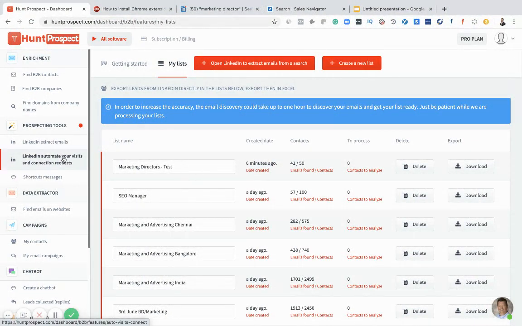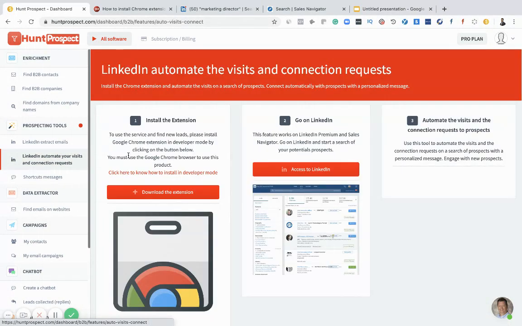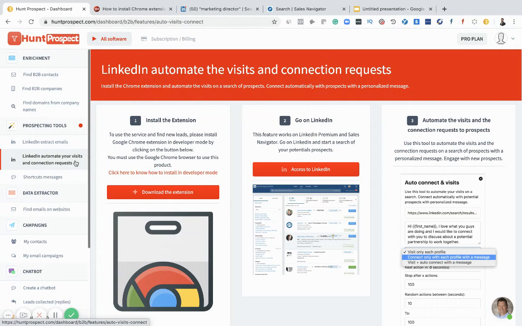So what I also see from this is, you can also automate your visits and connection requests. It's the same thing, it's the same plugin. You just get the contact and you generate a lead out of it. Now, for B2B companies, LinkedIn will be the better place to go, because you can target and filter based on your requirement, what the services or the tool is that you are trying to sell, right?